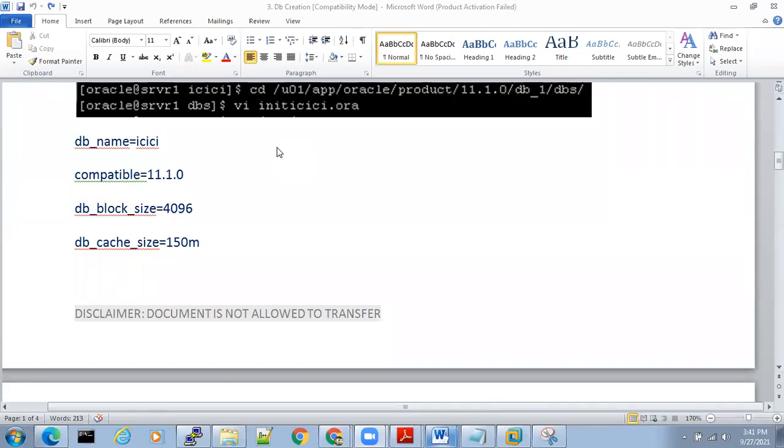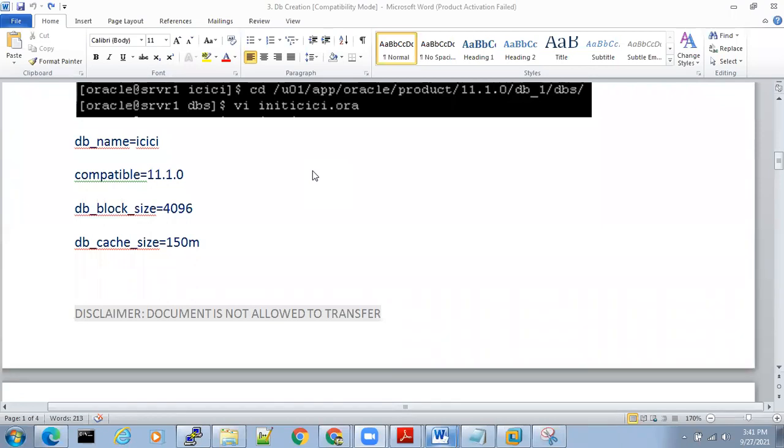Exactly. The parameters which cannot be changed in the lifetime. Once the database is created, you cannot change those parameters at any time. Those kinds of parameters are called static parameters. Everyone understood? Okay, now.